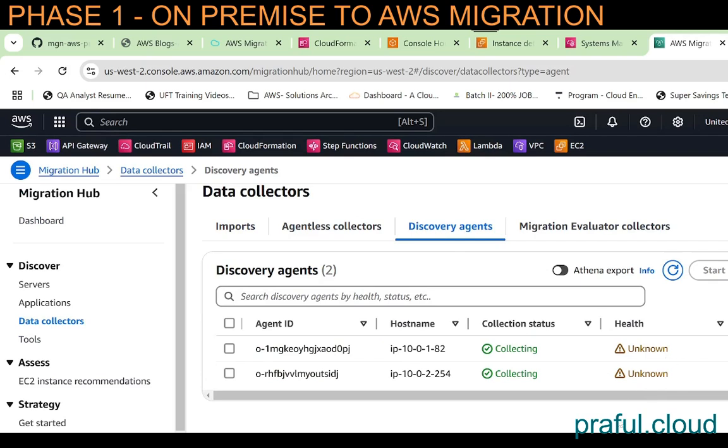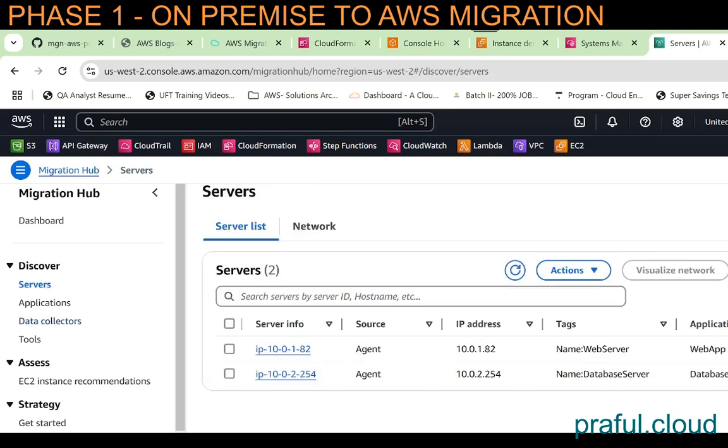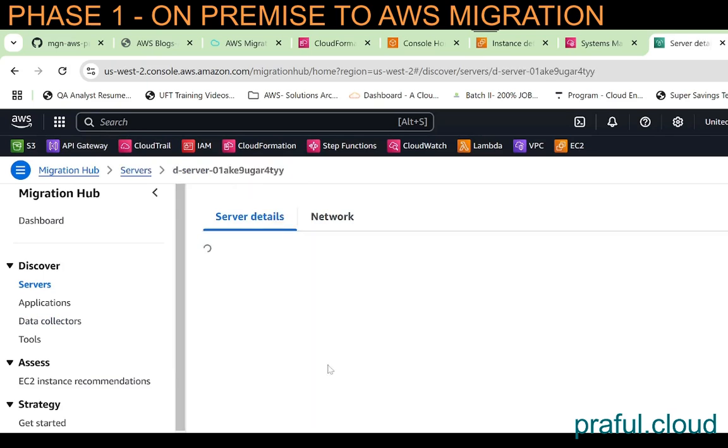Otherwise, it was healthy. Next, go to the servers, and here the servers from on-prem will be displayed. So this is the web server. I have tagged it as well. If we go inside the web server,